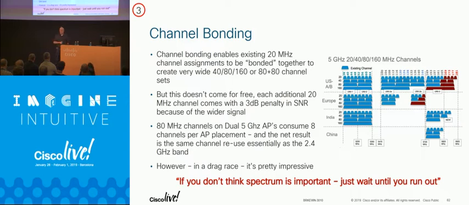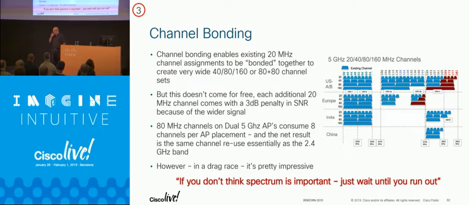Channel bonding, the next way we increase capacity. But we don't have an infinite number of channels. So we've gone from 20 to 40 to 80 to 160. How many of you deal with marketing in your environment? They tend to want to take volumes of information, and the challenge for a technical person is always to get this down to the 3 bullet points they can hang on to, right? And when 160 megahertz channels came out, I watched all of marketing go, it's 160 megahertz. I said, yeah, but I can't run a network on one channel. Can't do it. We know it'll interfere, right?